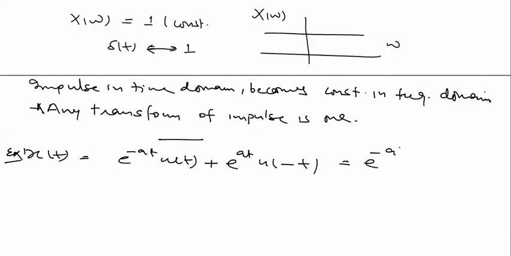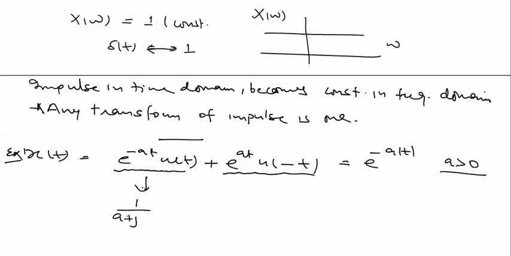e power minus a mod t. It is a combination of the previously done questions, these two questions. We directly use the Fourier transform of these two: 1 upon a plus j omega and 1 upon a minus j omega. By taking the Fourier transform in both directions, we directly got the Fourier transform of these two. By addition of these two, we got the result